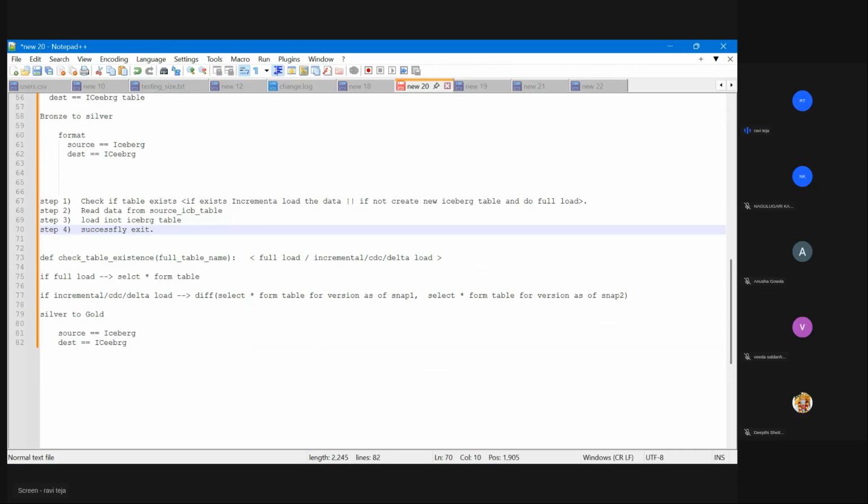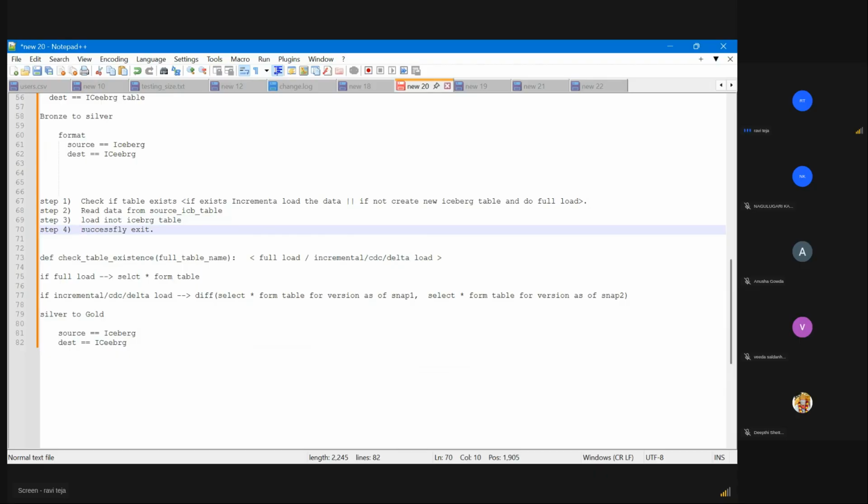Last time, for unprocessed files and processed files, we had a concept, right? Once a file is processed, we move it from the unprocessed location to the processed location. So whenever my job looks at the unprocessed location, it always sees the newly arrived files. But how do I do the same thing with this Iceberg table? Simple. You need to note your last processed snapshot ID. That will help you fetch the newly arrived data.